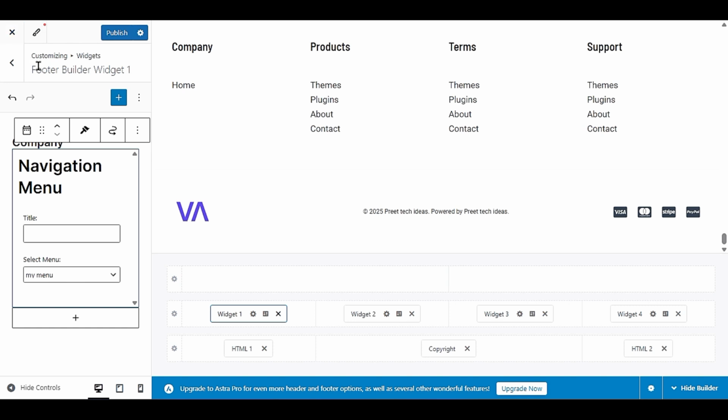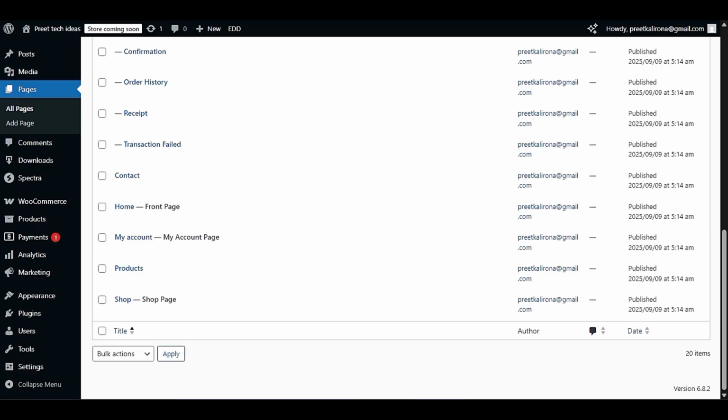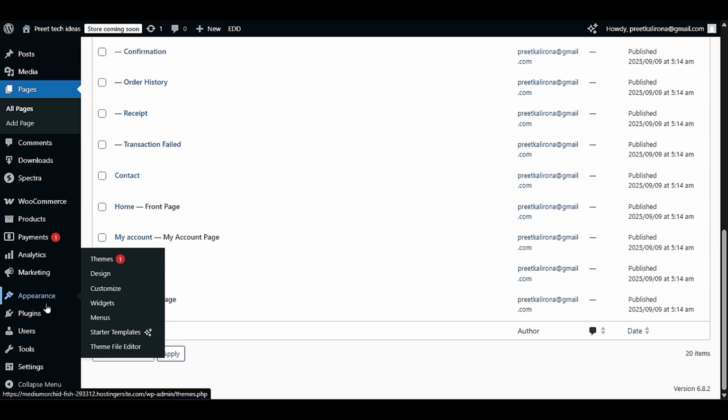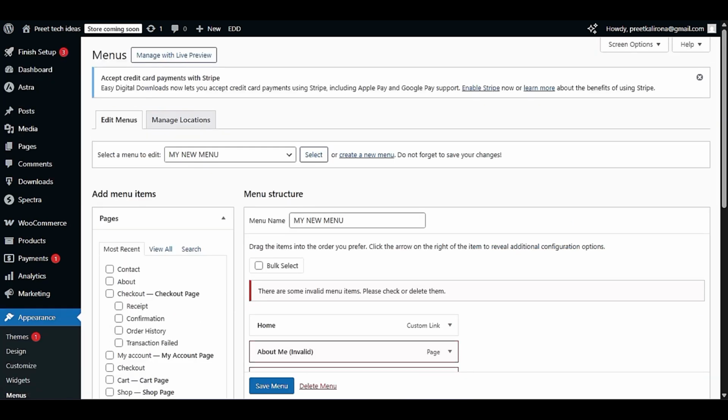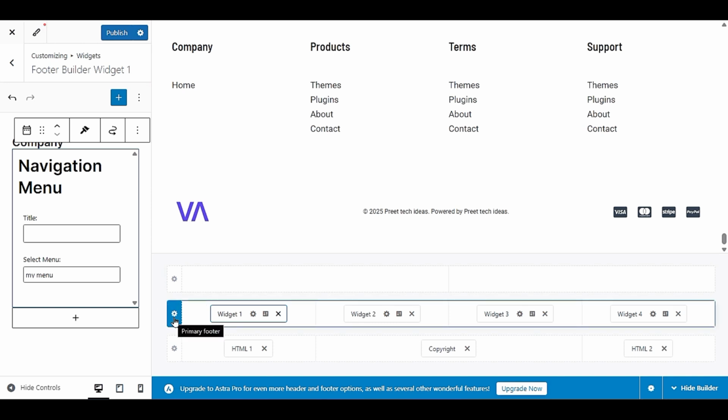So let me quickly give you an example of creating one more menu, so I will be able to show you. For example, you want to make the first menu company information. So let's go back to the WordPress dashboard, click on appearance and menu. So we have to make 4 menus if you want to display 4. If you want to display 3 items but there are 4 rows, click on the very first of the middle row,